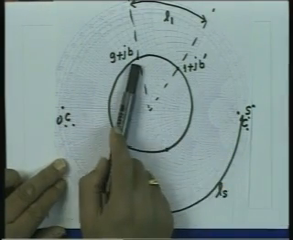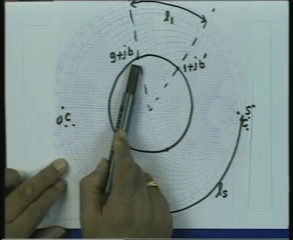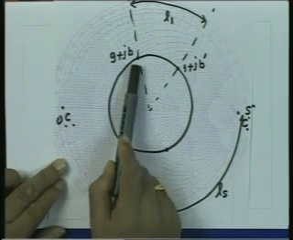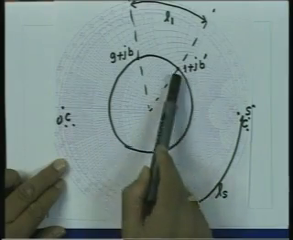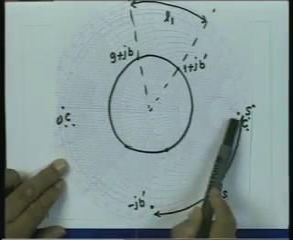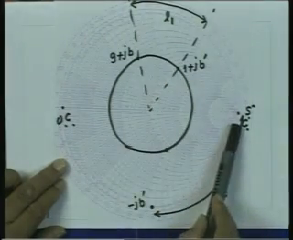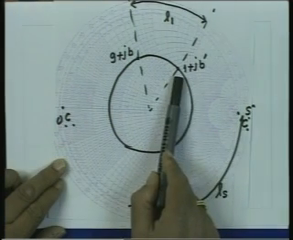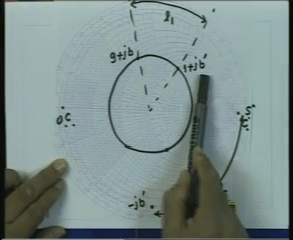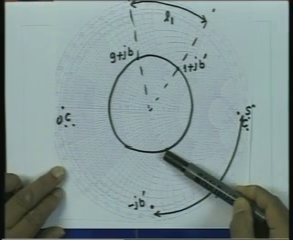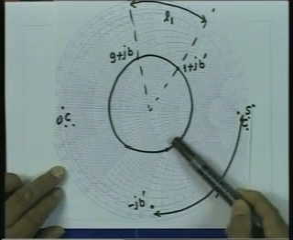We mark the unknown admittance which is to be matched, move on the constant VSWR circle up to a point where it intersects the G equal to 1 circle. At that location, the value of the admittance is 1 plus jB prime. Take the mirror image of this point on the constant VSWR circle, find the constant susceptance circle passing through that point,